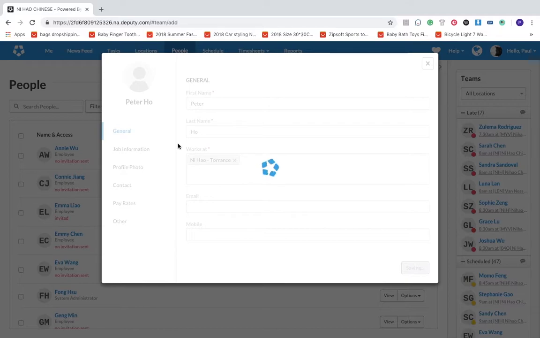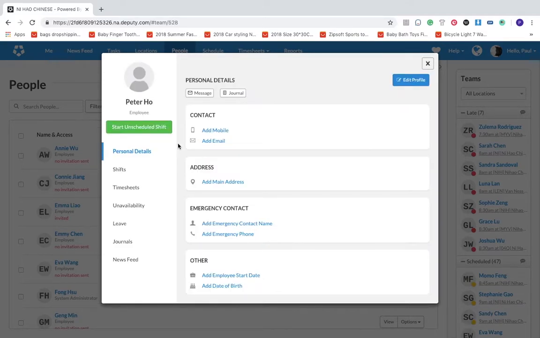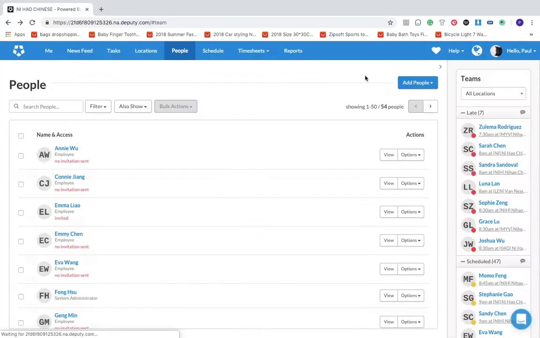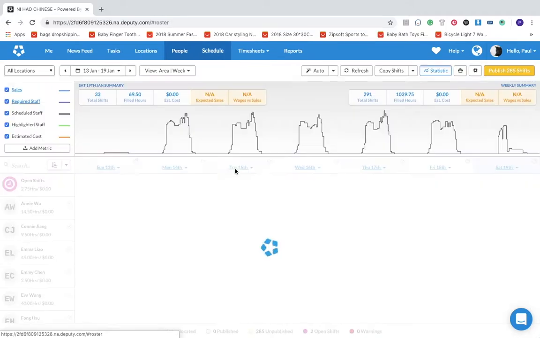So that is how we create a person. It is very easy and very simple. And for the advanced level, for example, if I just created a Peter,